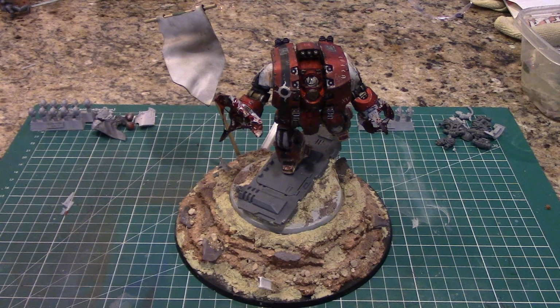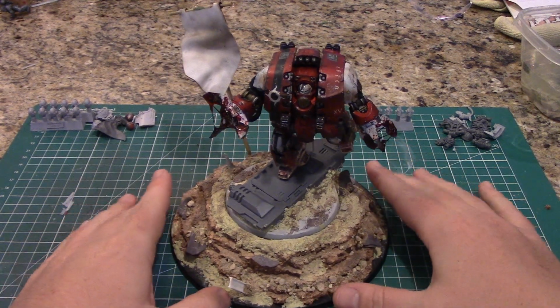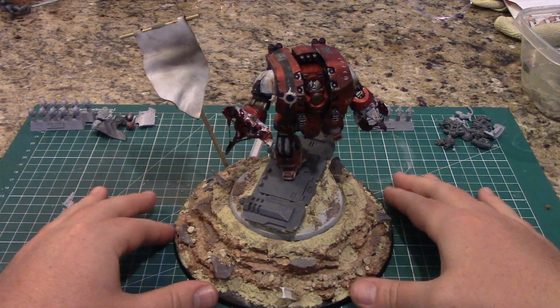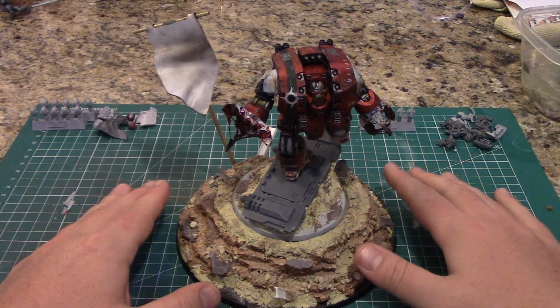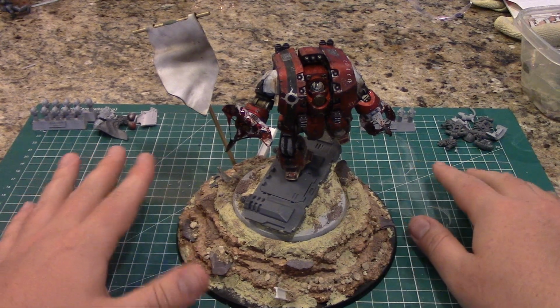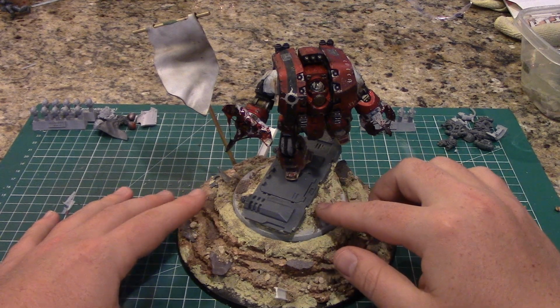But yeah, I've been working on this guy, and now I'll give you a little rundown on where I'm at so far. Okay, so this is a 2-part base. I wanted to give him something like a Primarch base. I knew I wanted to rebase it. If you've seen the previous video of it, I just hated the base. I wanted something cooler. So I knew I was going to rebase it, and so I started working on that